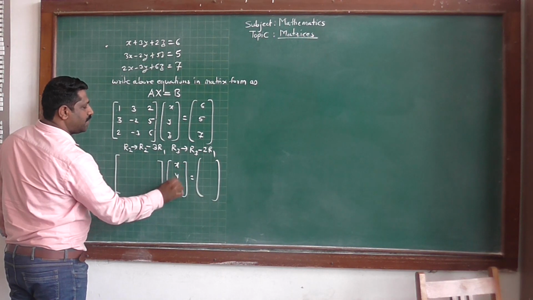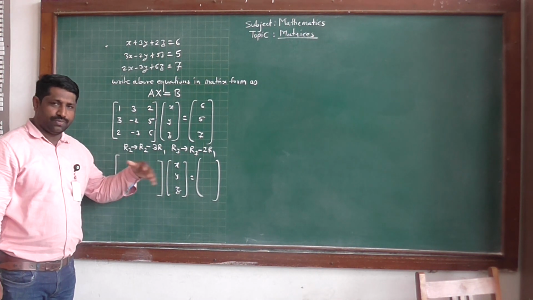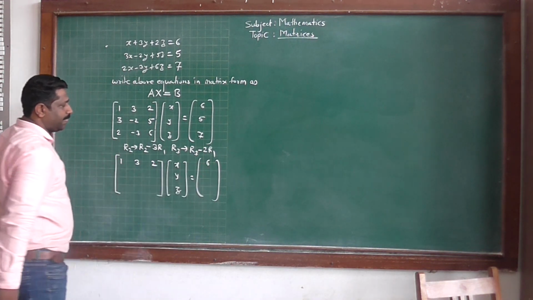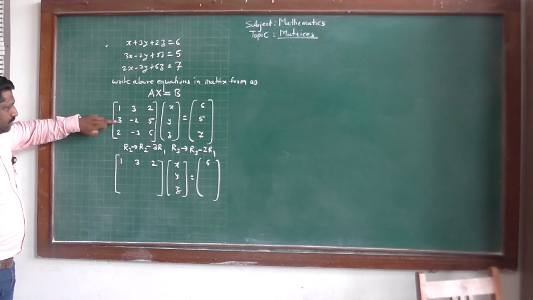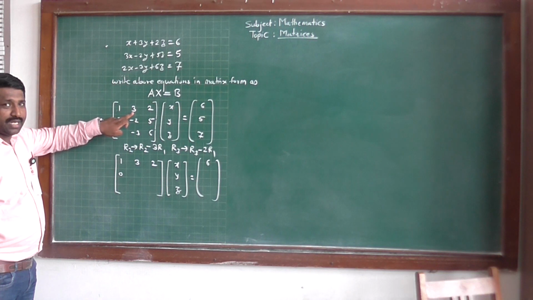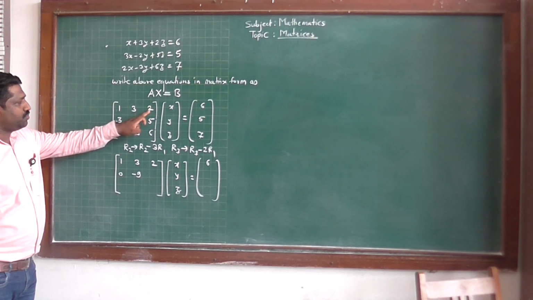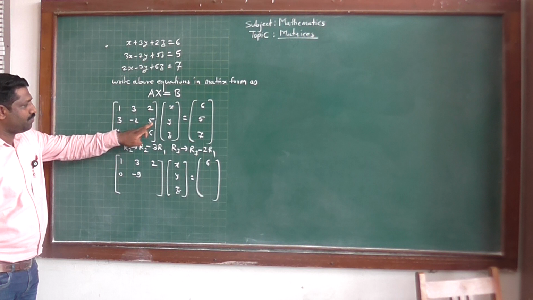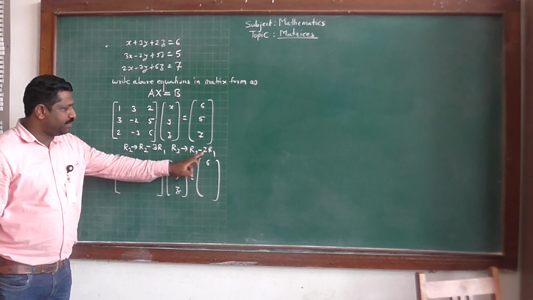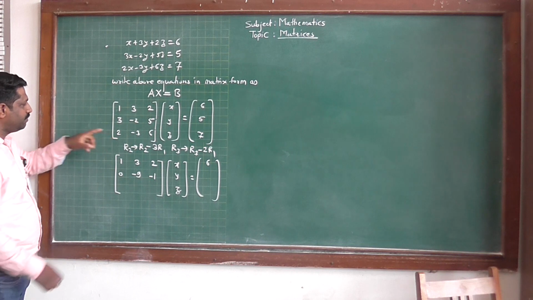So here the matrix of unknowns is x, y, z. There is a change in the second row and third row. The first row remains as it is, that is 1, 3, 2, 6. Here 3 minus 3 is 0. We multiply the first row by 3: 3 into 3 is 9, subtracted from minus 2, so that is minus 9. 3 into 2 is 6, subtracted from 5, that is minus 1. Now R3 changes to R3 minus 2R1. We multiply each element of the first row by 2 and subtract it from the third row.